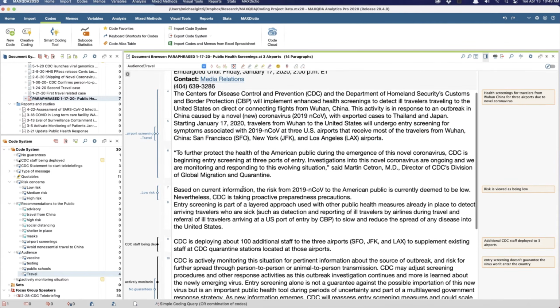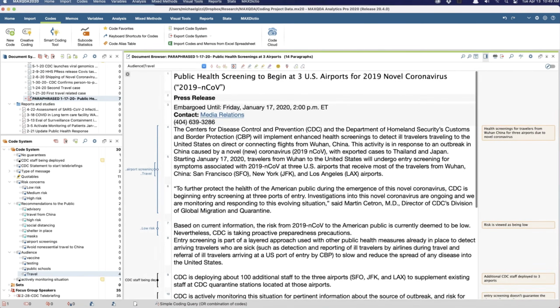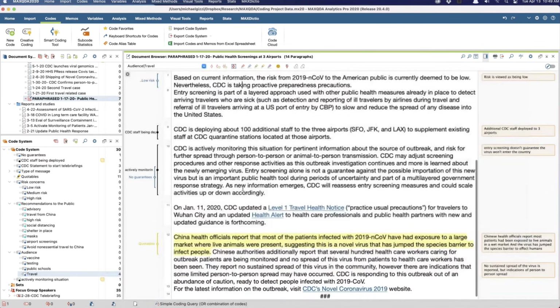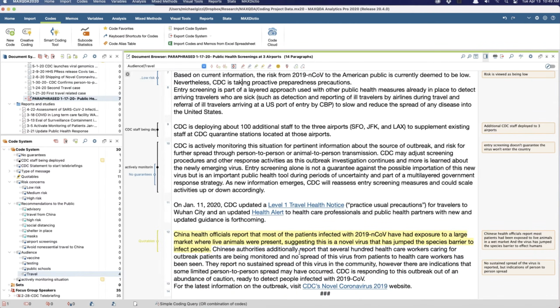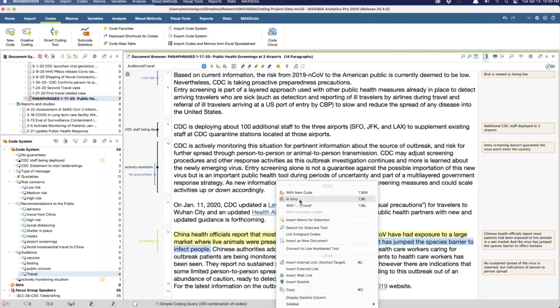In vivo coding. This language here suggests this is a novel virus that has jumped the species barrier to infect people. Right click, code in vivo.